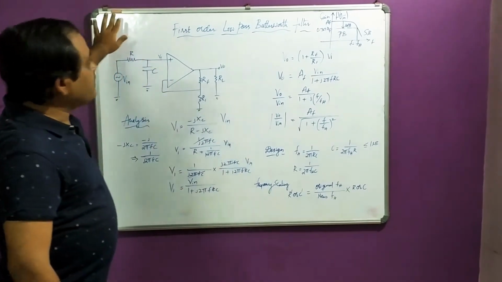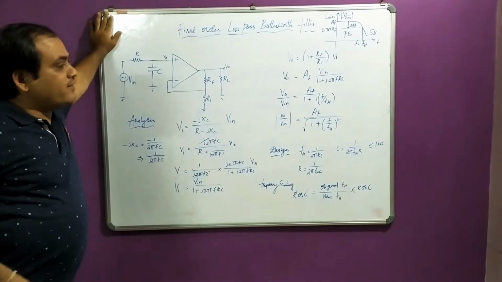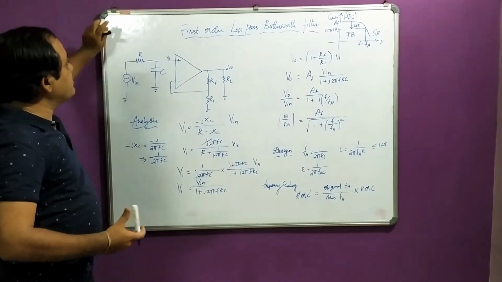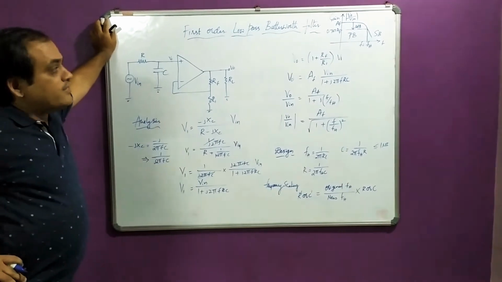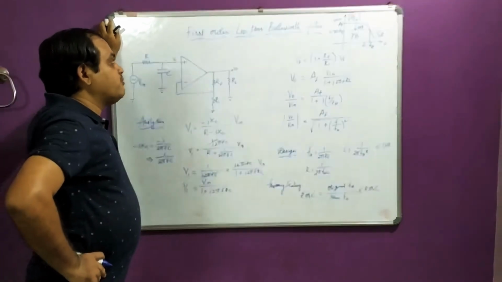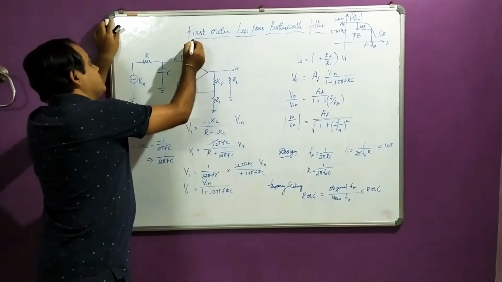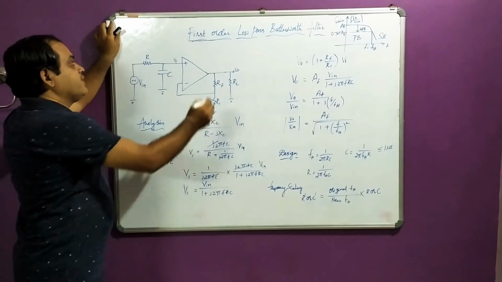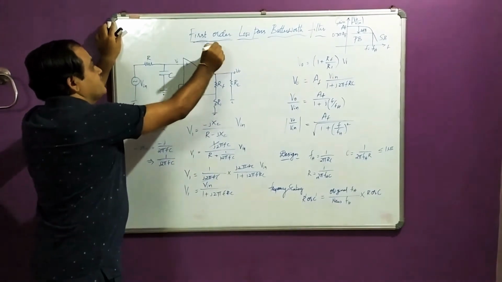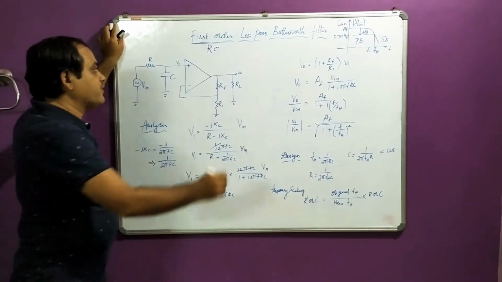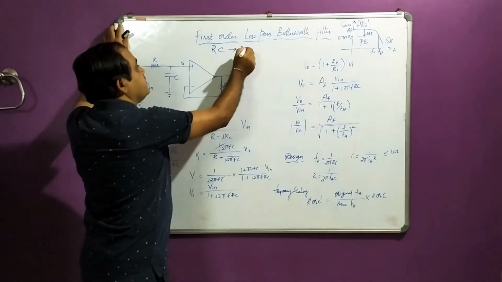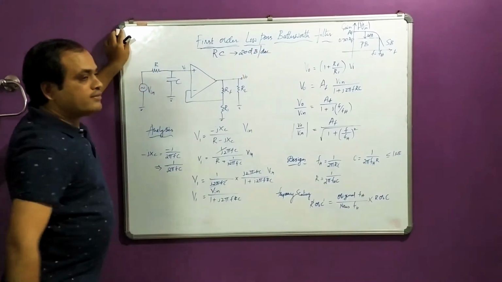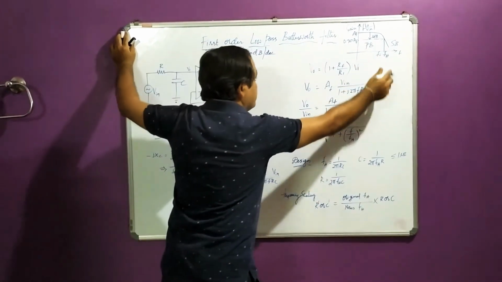So now the first topic of active filters is your first order low pass Butterworth filter. In the last session I told we are going to discuss Butterworth filters because of its ease in designing using RC components. In the last class I defined the order of the filter. Now we are going to have the first order filter. That means it uses one RC network, and it produces a 20 decibel per decade decrease in the stop band of the frequency response.